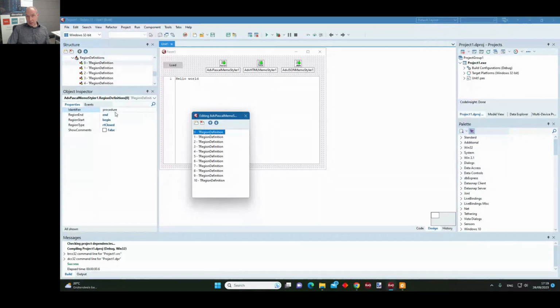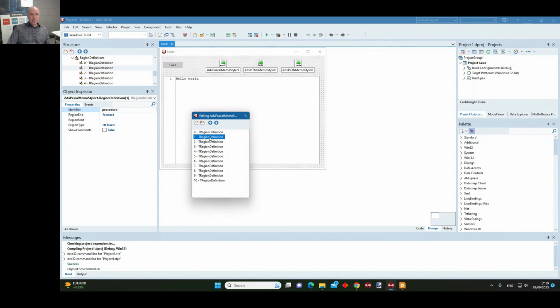So here, for example, you see a first type of a region that starts with procedure, and the region begins then with the word begin, ends with the word end, and it is a region of the closed type. That means the region end definition is really the end of the code block.